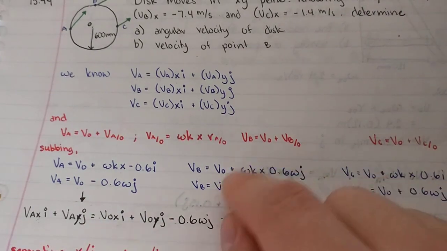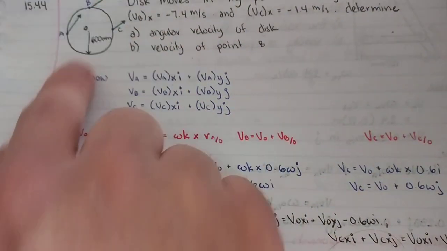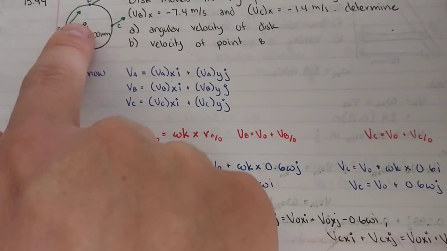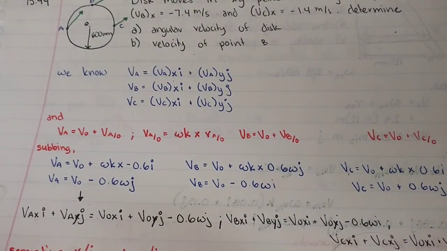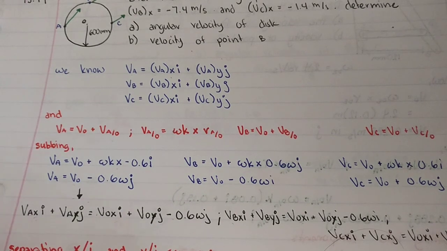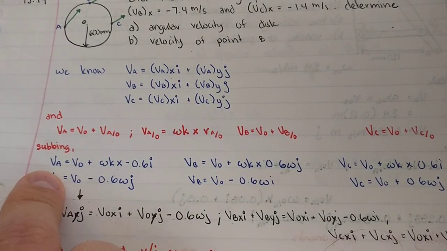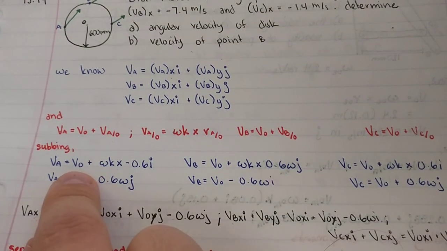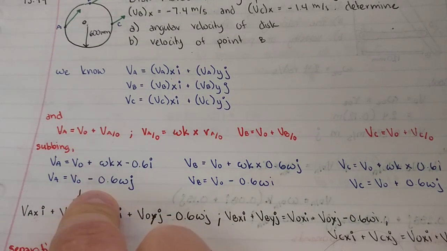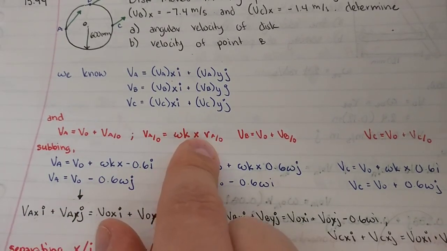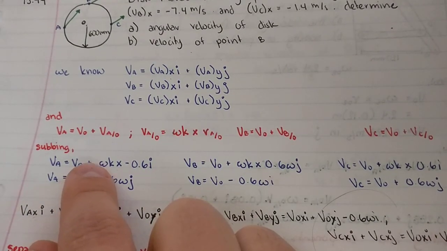And we know that the velocity at point B is the velocity at v0, and then again v relative to 0. So what we can do is sub in some of our knowns. We go to here, v sub A is equal to v of point 0, the origin, plus v sub A to 0, which again is this term right here, which is going to be omega k